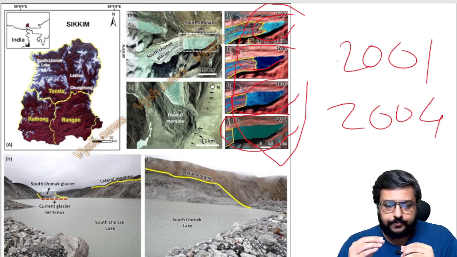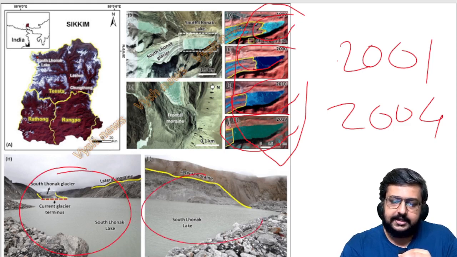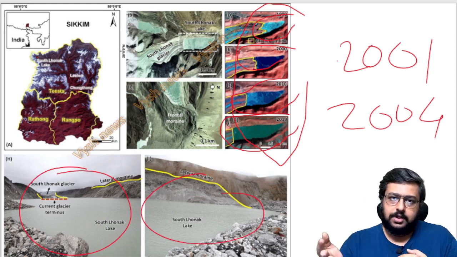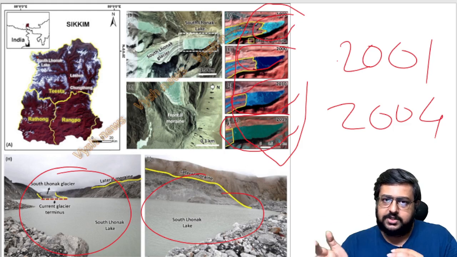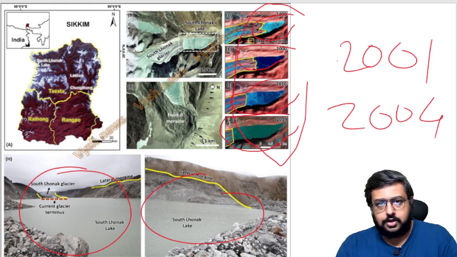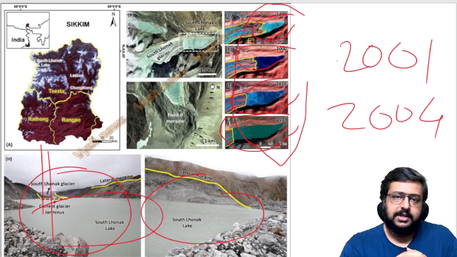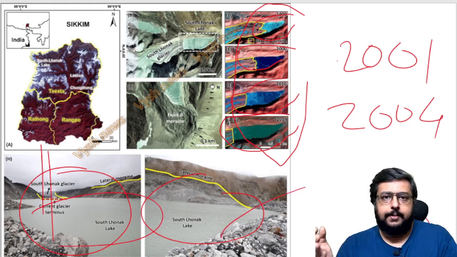So here it overflowed, and this is the actual picture of the glacier melting and the lake here. So that thing came out of the moraine, and it overflowed where? It overflowed into Teesta River, where water is already there, and this water also came on top. Like cloudburst happened, meaning heavy rainfall happened. This suddenly became full and it went outside into the Teesta, and in Teesta the flooding happened, and that is where the army men who were posted in those areas got washed away.